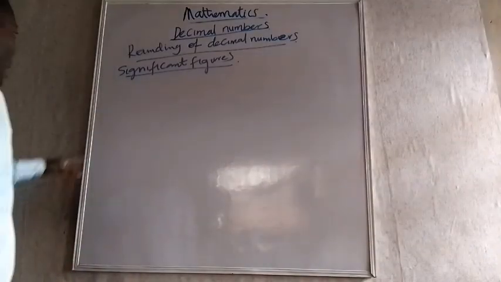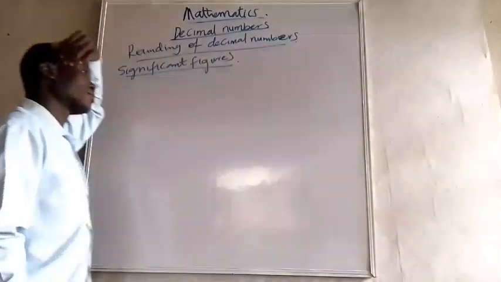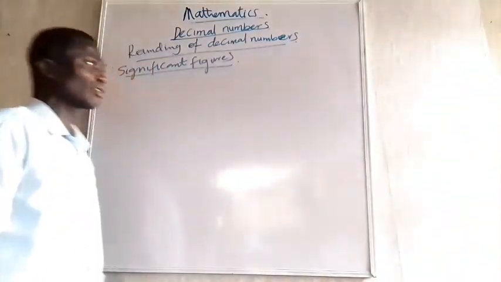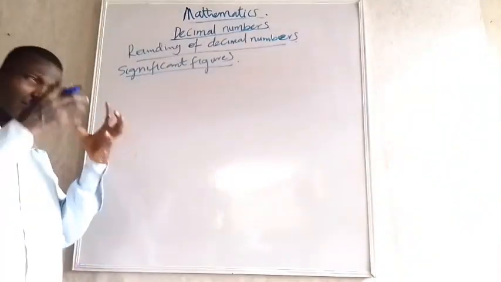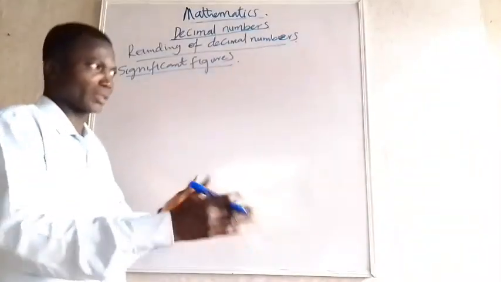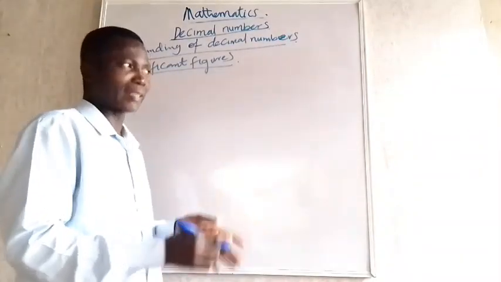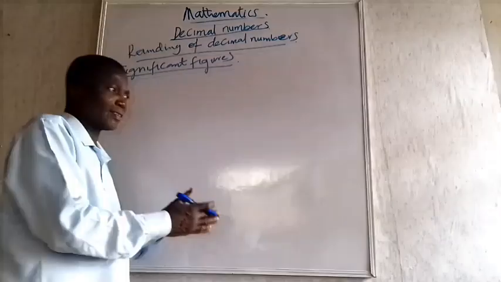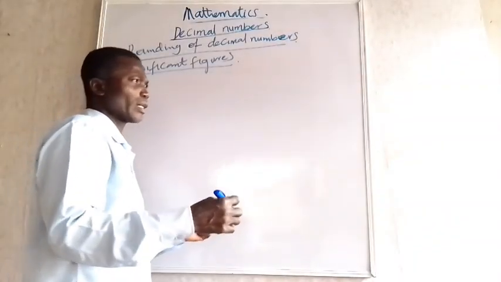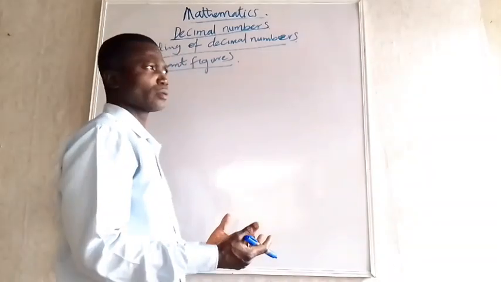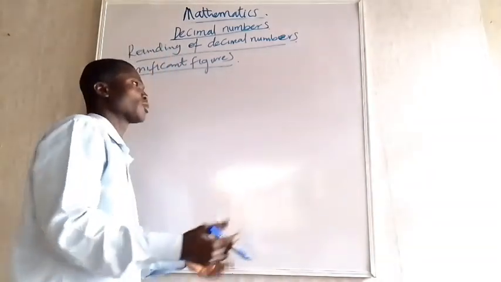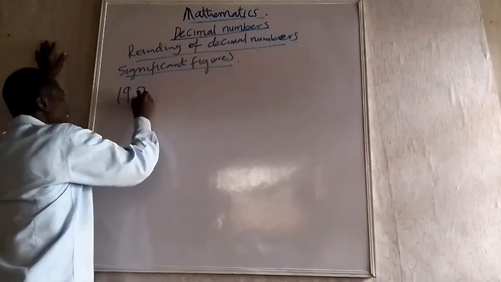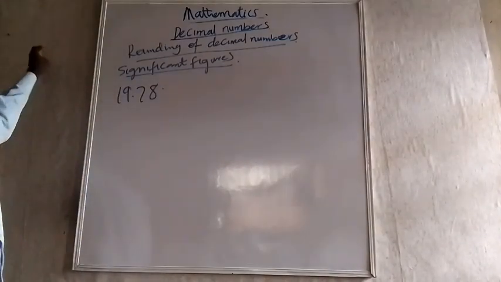Now, let's talk about rounding up decimal numbers. We can round it up to significant figures or decimal places. When we are talking about significant figures, we are talking about how many figures are useful, that are applicable. How many figures in this number will be enough to express what you want to do or what you want to know. Let me give you an example. If I have something like 19.78 and I'm told to round it up to